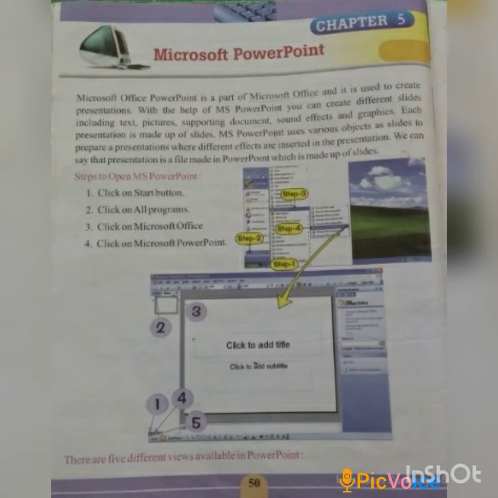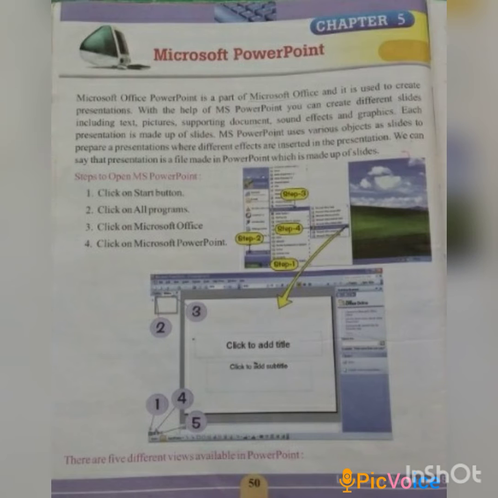Then we can work in Microsoft PowerPoint and prepare slides for the presentation. There are 5 views available in PowerPoint, and we are going to study them on the next page.